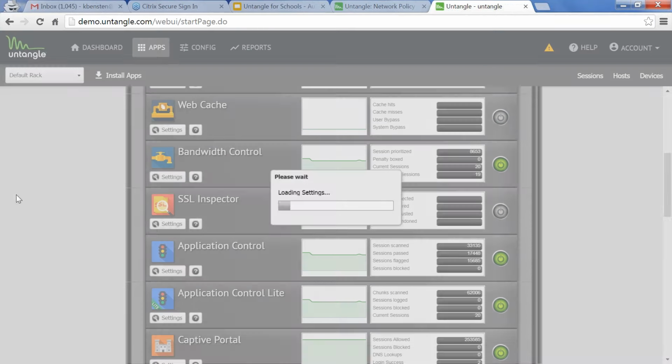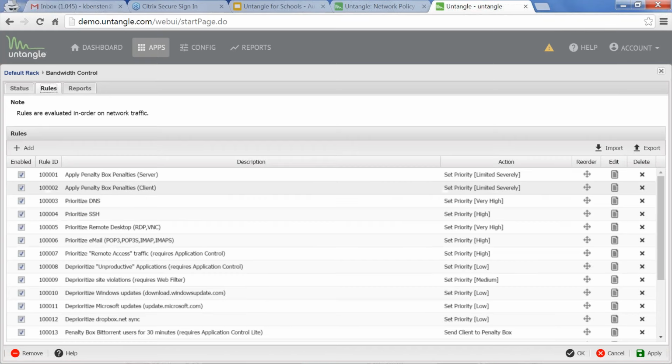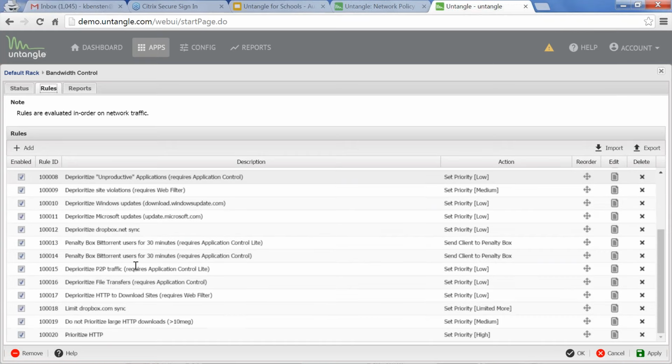Bandwidth control allows you to set quotas or prioritize your traffic based on the needs of your network. You can set rules. It's very easy. You can set penalty box, prioritize DNS traffic, SSH traffic. Depends on the needs of your network. Everybody has different. But let's say you have a seminar, or you've got your superintendent coming in town, and he's going to be on site for a 4-hour period during your day.